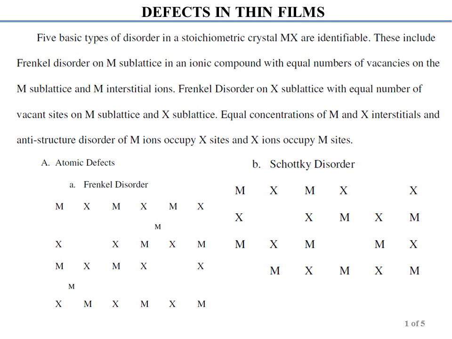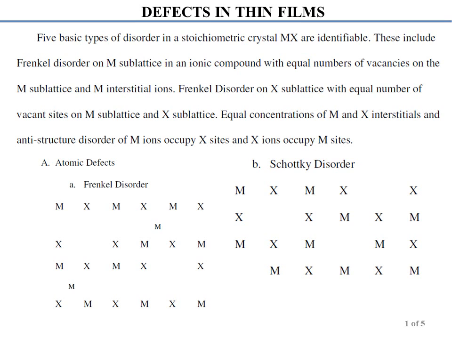Frenkel disorder on the X sublattice with equal number of vacancies on the M sublattice and X sublattice, and equal concentrations of M and X interstitials, and anti-structure disorder, with M ions occupying X sites and X ions occupying M sites. So these manifest themselves in terms of atomic defects such as Frenkel disorder, Schottky disorder,